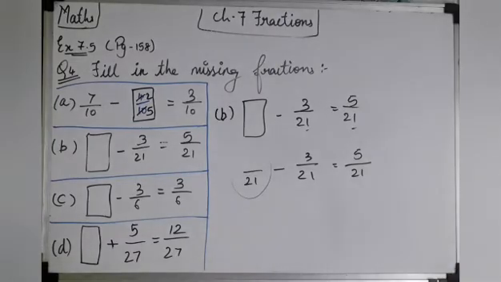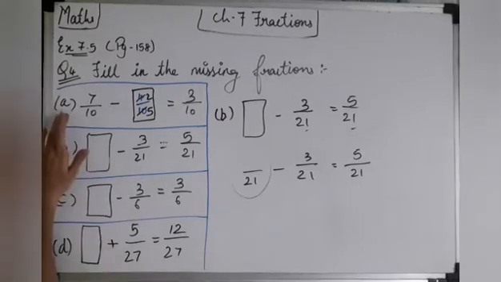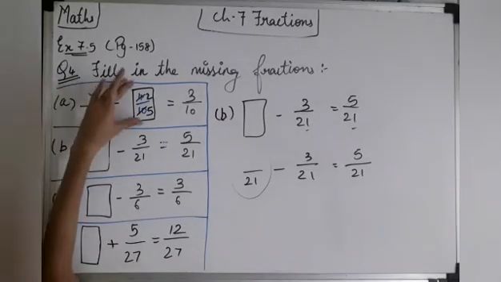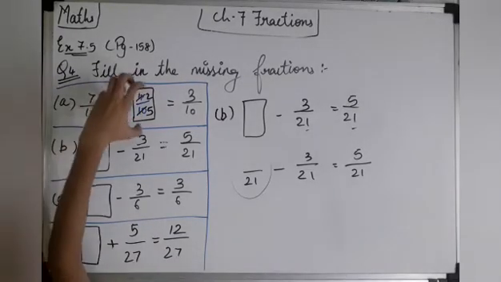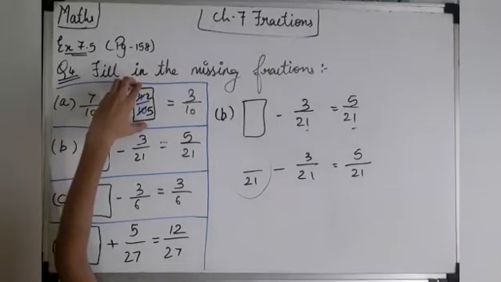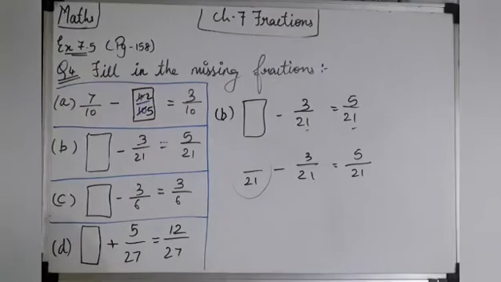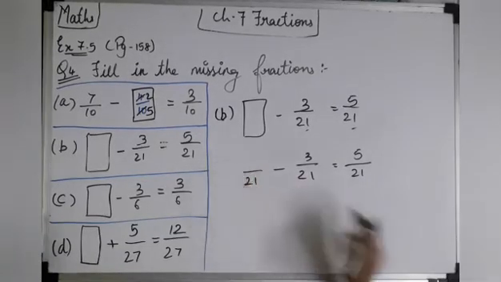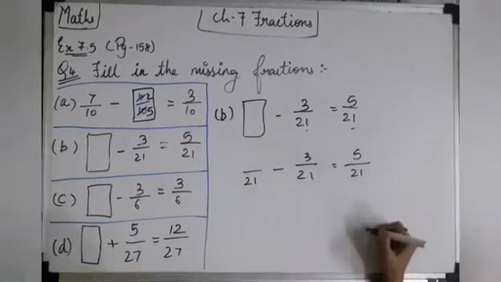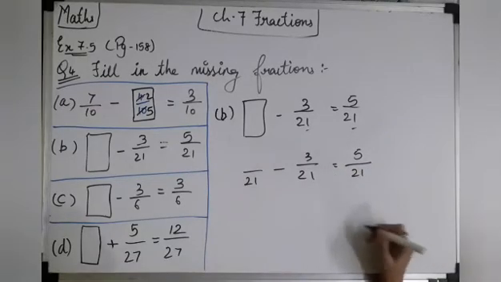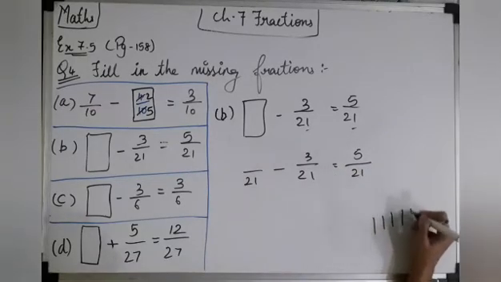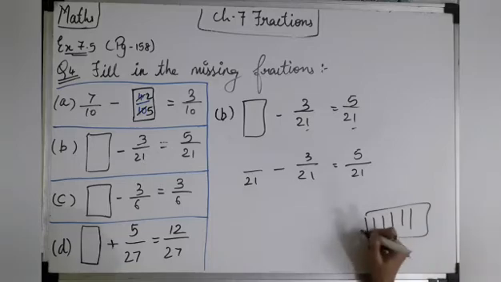In the previous sum they gave the fraction and I had to subtract. Here I have to find the fraction from which I subtract, and I will get 3 upon 10. So that was quite easy, but here something tricky is there. Don't get confused. In the conclusion, how many sticks did we get? 1, 2, 3, 4, 5. In the conclusion we got 5 sticks. Okay.